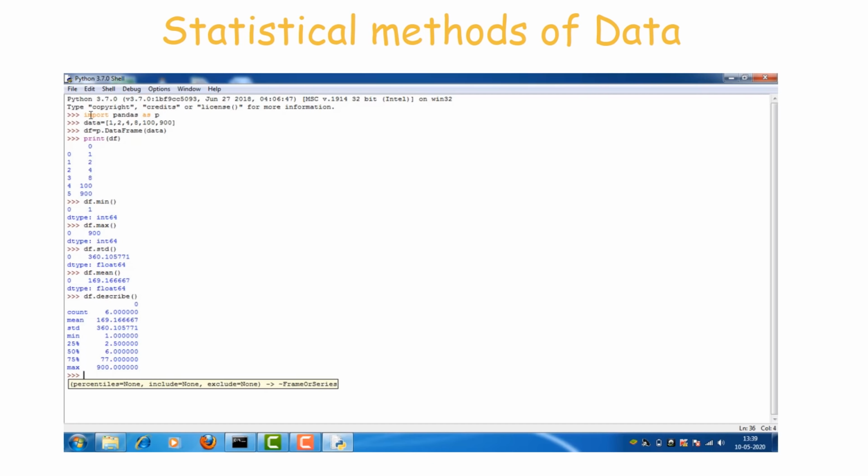After that we have to use loc to fetch a particular record in the data frame. So df dot loc of 0. That means index 0 has the value 1. loc is used to access a particular element in the data frame using its index.